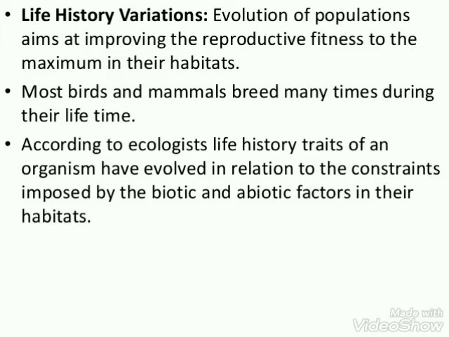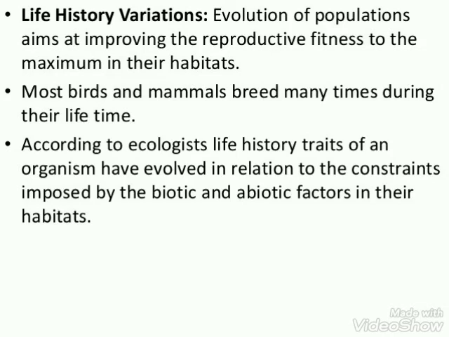The rate of breeding varies from species to species, as some organisms breed once in their lifetime, such as the Pacific salmon fish and the bamboo, while others breed many times during their lifetime, like most of the birds and mammals. Some organisms produce a large number of small-sized offspring like oyster and pelagic fishes, while others produce a small number of large-sized offspring like birds and mammals.